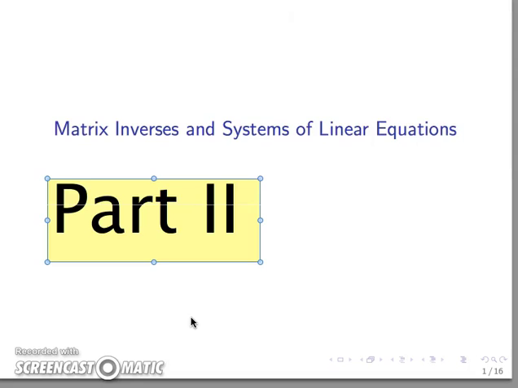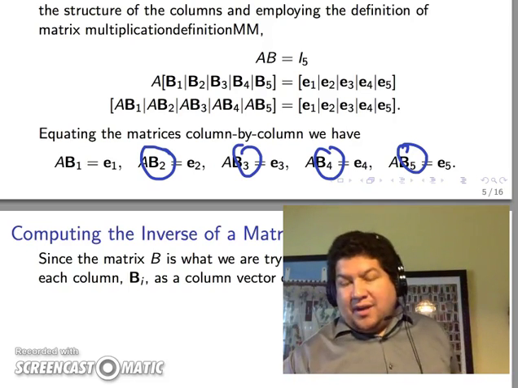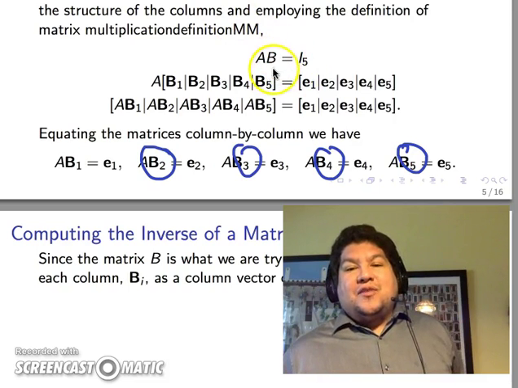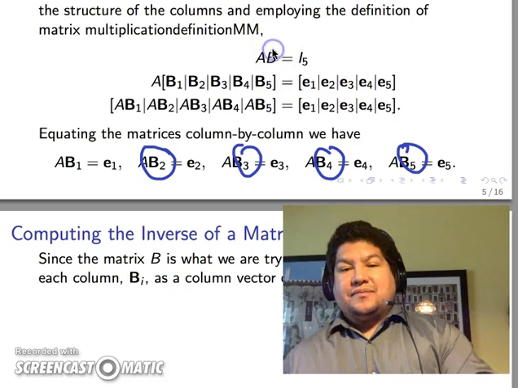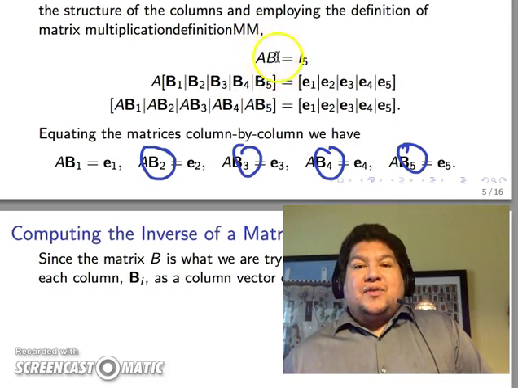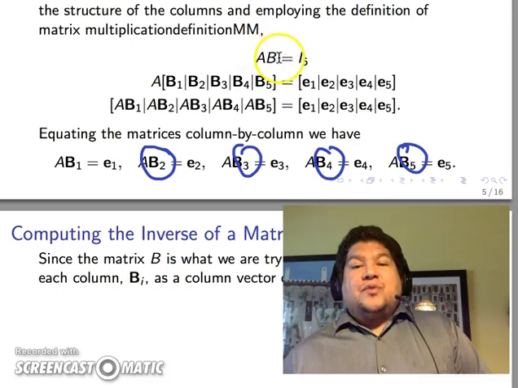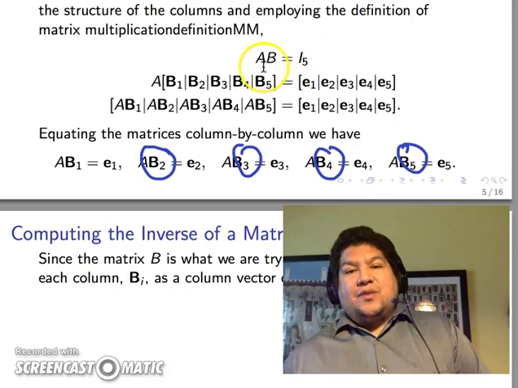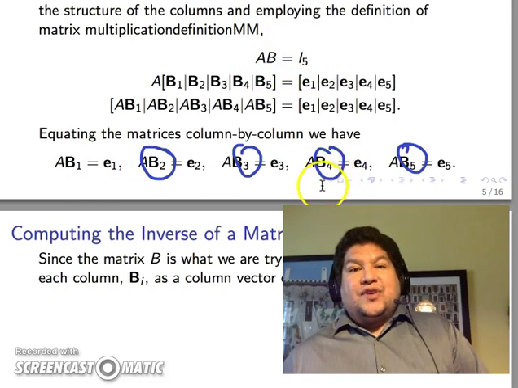Hi, this is part 2 of matrix inverses and systems of linear equations. We're in the process of calculating the inverse of a matrix. So we are in the process of calculating A inverse, assuming that B denotes A inverse. And even though we don't know what B is, that's what we're going after. We're using the fact that we know that A multiplied by B equals the identity, and we have used this in order to convert this information we know, which is a matrix equation, into a series of vector equations